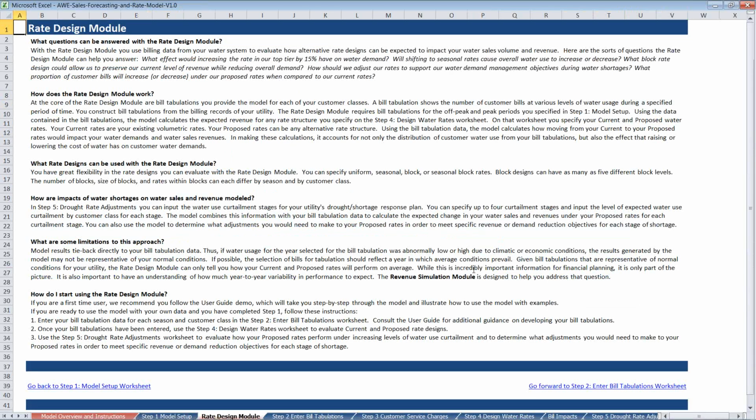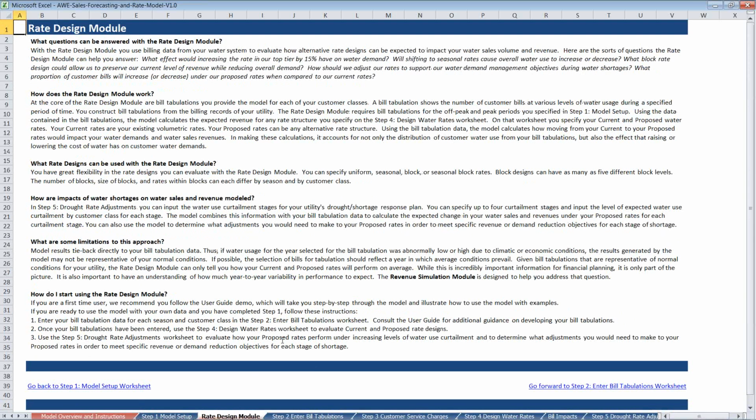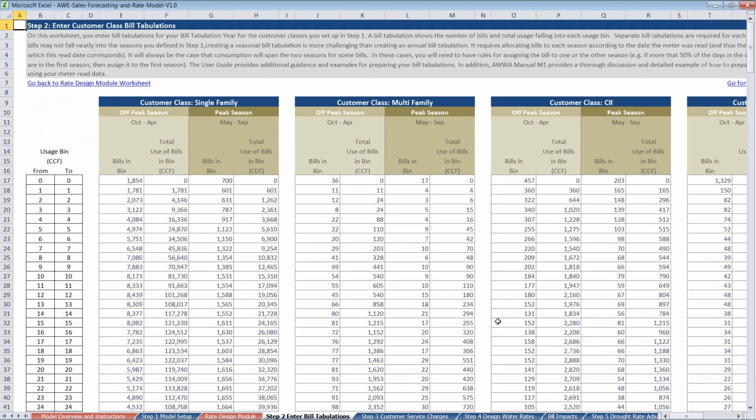And now we're shifting over to the rate design module. You may notice the red tab over on the overview, as well as this rate design module, and we'll see that again later as I step through the model. Those sheets represent instructional worksheets that give you an overview and tell you about the various modules in the model. So I'm not going to read from this. I'll skip through for time.